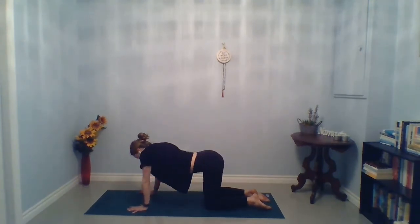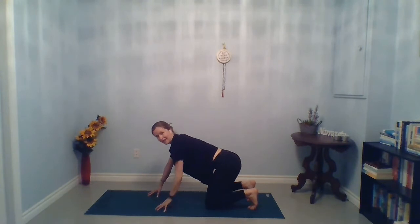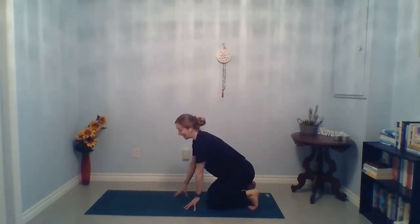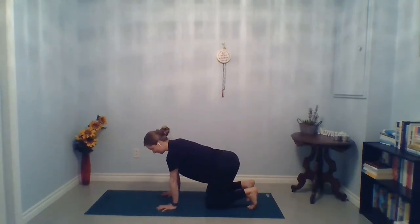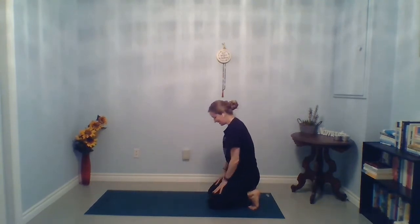And we'll come to meet back with a neutral spine. Tuck the toes behind you. Start to walk the hands back, sinking the hips towards the heels, coming into a toe squat here. If you have any foot or ankle injuries or this becomes too intense, come out any amount, resting into the palms here. But if this is accessible, sit the hips back,